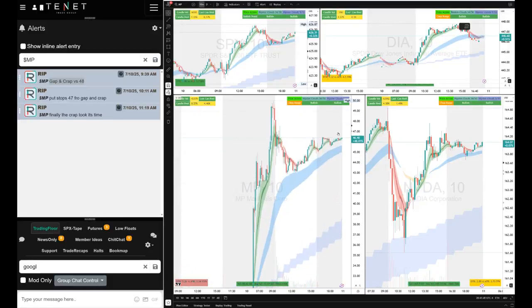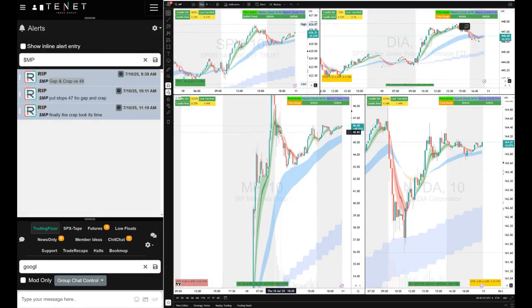So you could make $5 profit, risking what? You're risking $1, risking the 48 stops. And as it started to work, you move your stops down to 47 and it hit the target. You short here, this area, stops right here, and you know it faded. Beautiful winner, gap and crap short setup on MP.